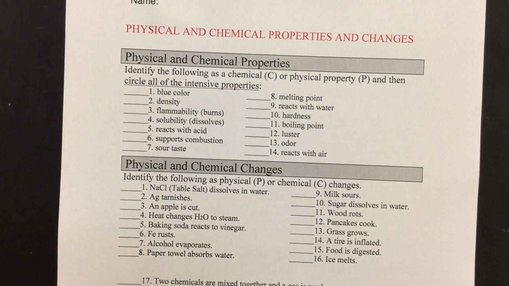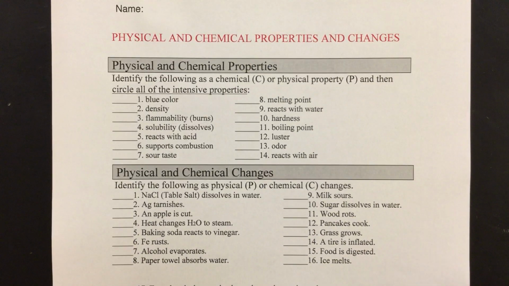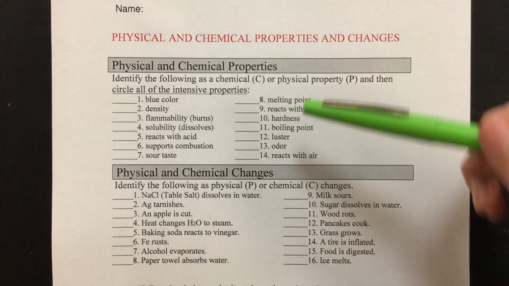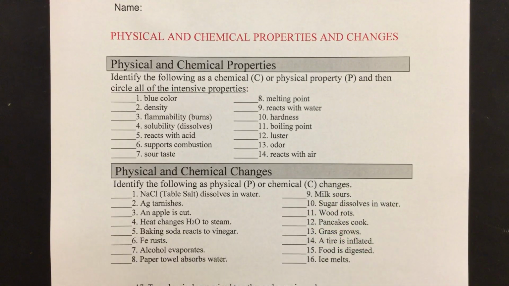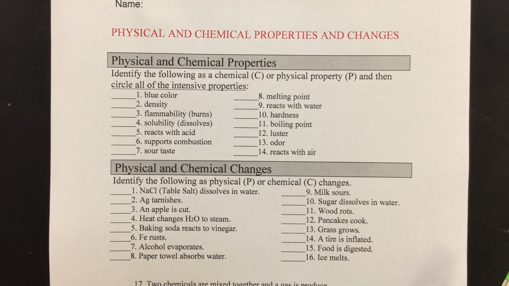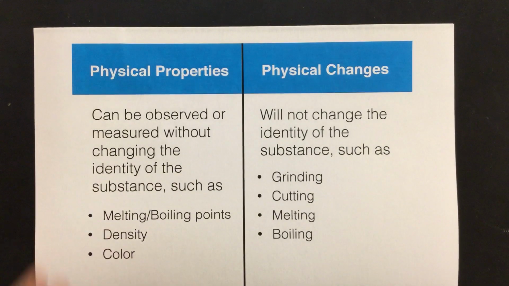Hello, I want to just do a video on this assignment, physical and chemical properties and changes, where you're classifying things as physical or chemical properties in the top section and then physical or chemical changes in the bottom section. So I'll just go through a few examples, like 3 examples in each section. But before we get to that, just want to review some parts of your notes that will help you with